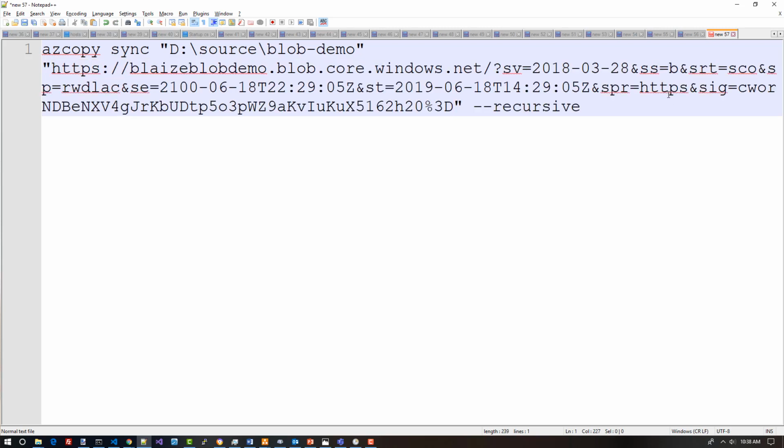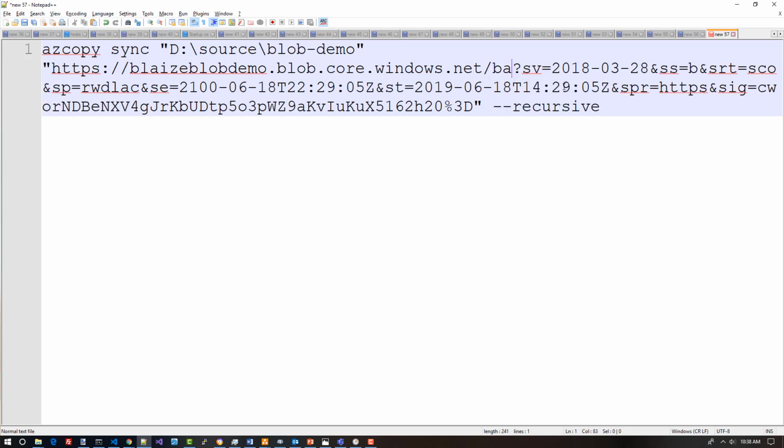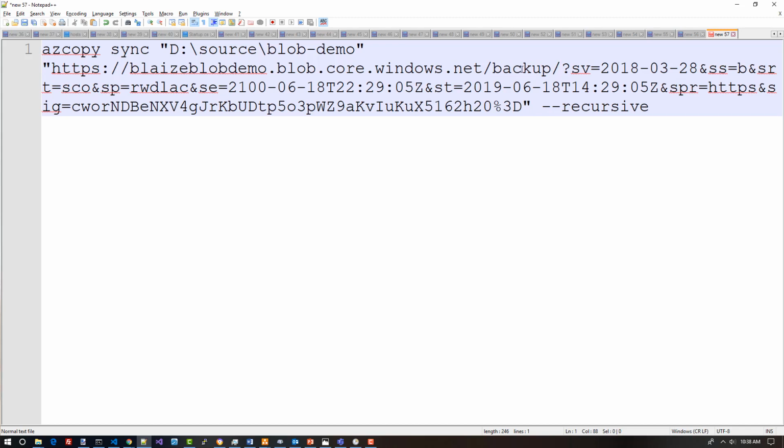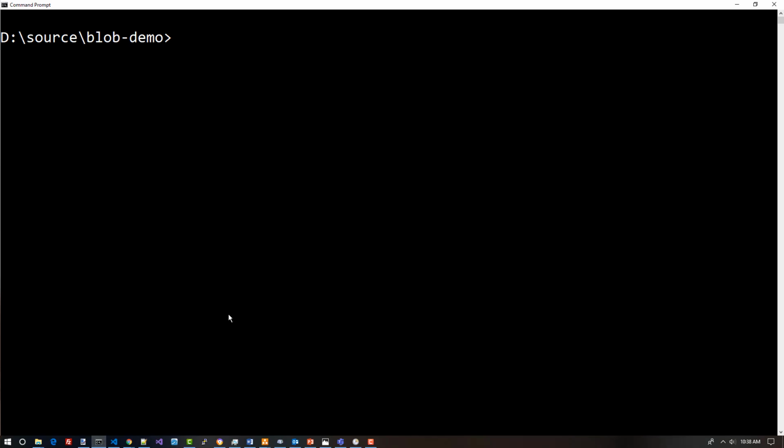So I'm going to paste it in. But I do need to edit this a little bit to specify the actual container that I created so that my files will end up in the appropriate container on Blob Storage. And now I don't have to edit this folder because I've already created the folder and copied some files into it. So now that I have this, I'm going to copy it,